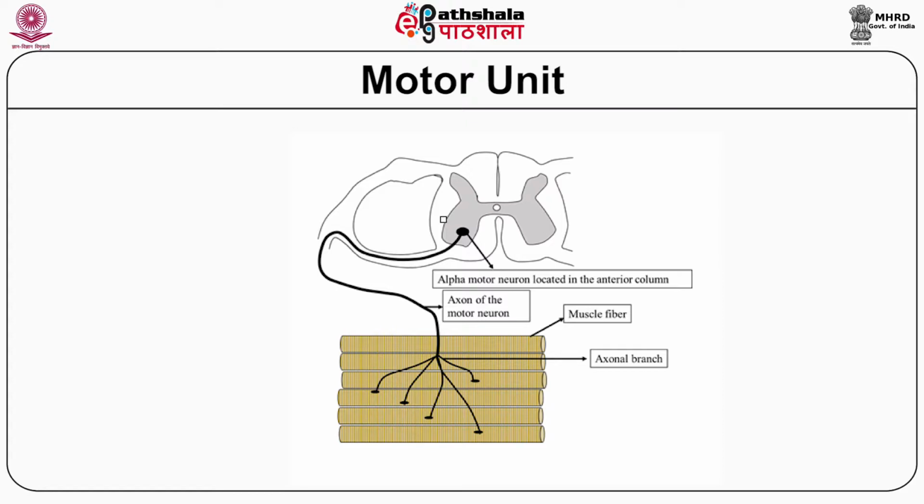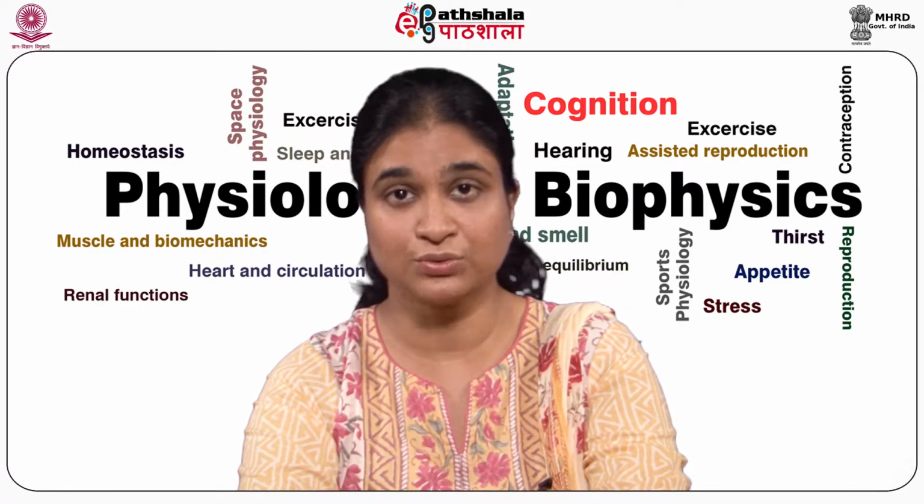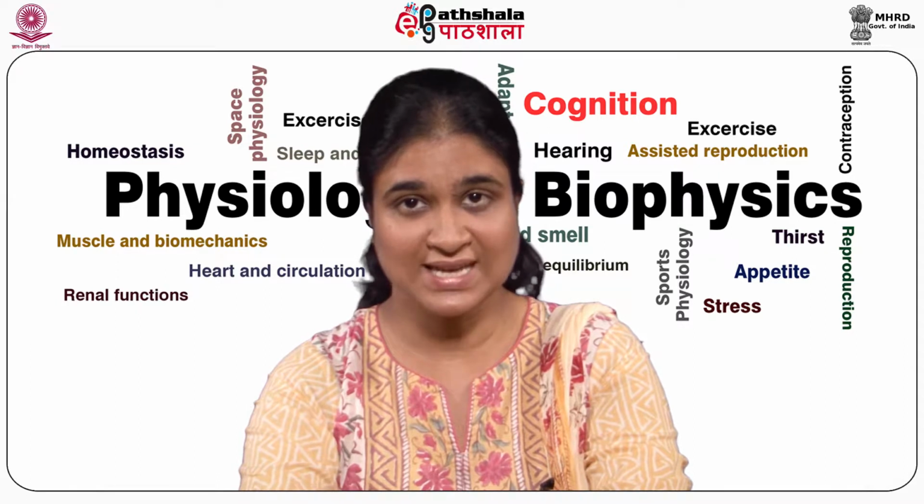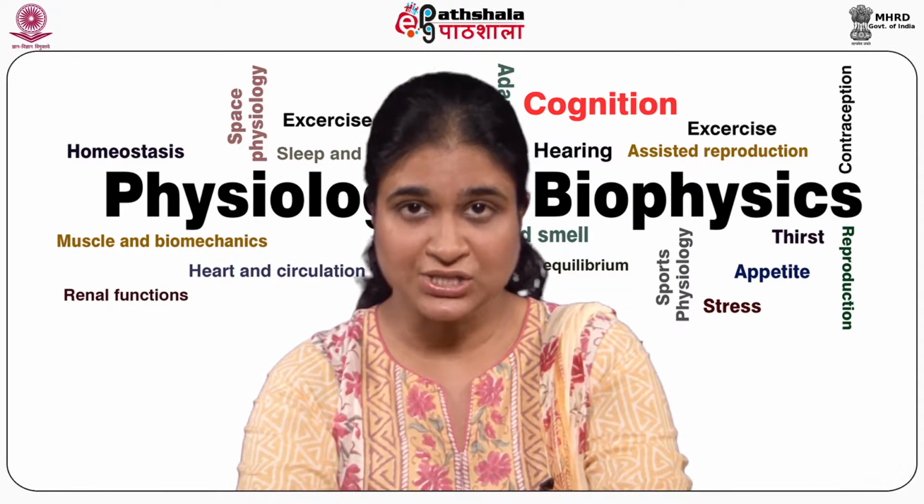As you can see in this figure, the alpha motor neuron along with the set of muscle fibers innervated by its axon is collectively called a motor unit. The fibers constituting a specific motor unit could be spatially scattered within the muscle belly, and with every action potential